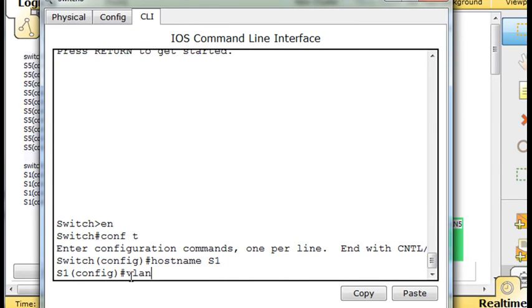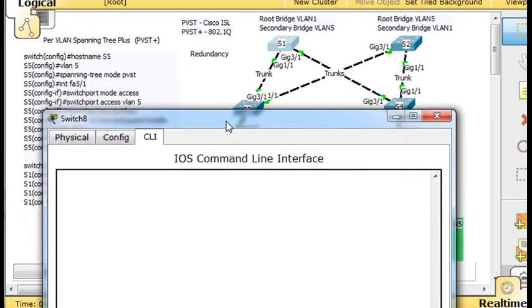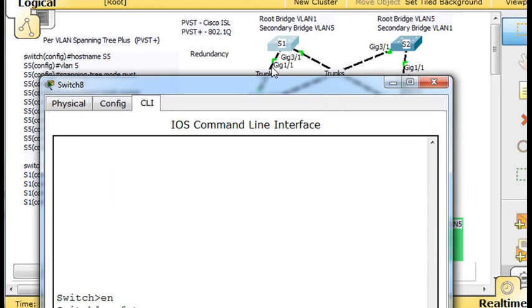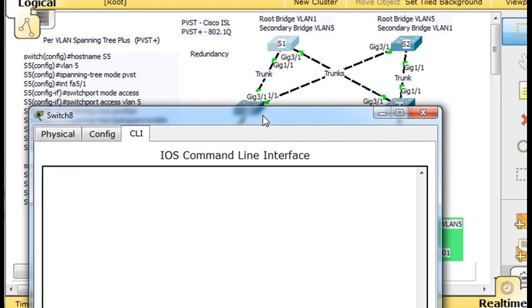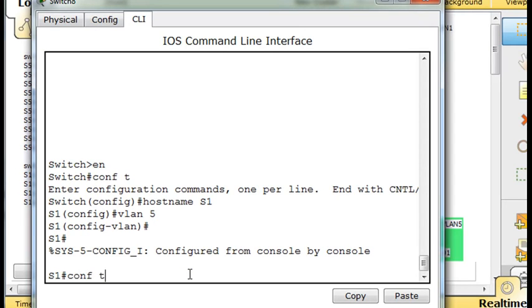Okay, now I'm in global config mode right here, and VLAN 1 is created by default on all the switches. The default VLAN is VLAN 1, so we have to create VLAN 5. So we'll do that, and now we have VLAN 5 created, right? Now the next thing I want to do is manually configure gigabit port 1/1 and gigabit port 3/1, that's going this way and going this way, to be trunks. Now they're already functioning as trunks, but I'm going to do it anyway just so you can see it. Also,